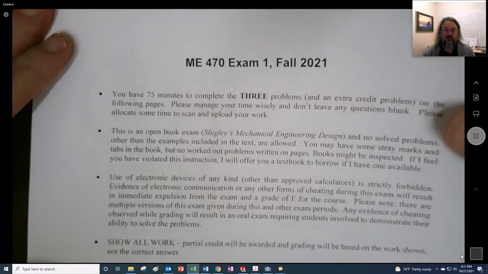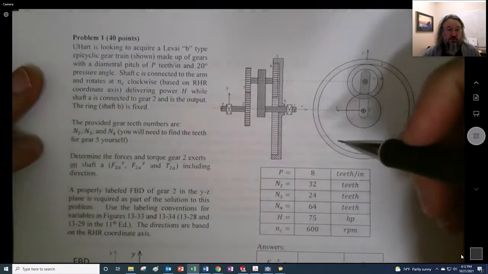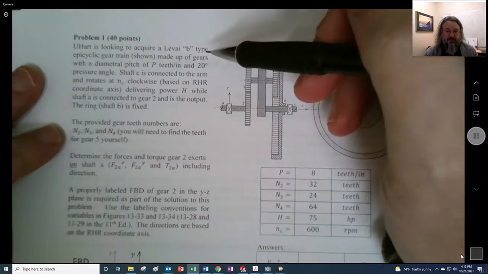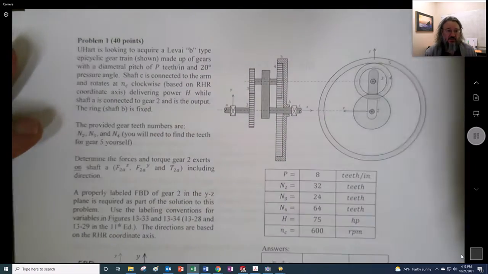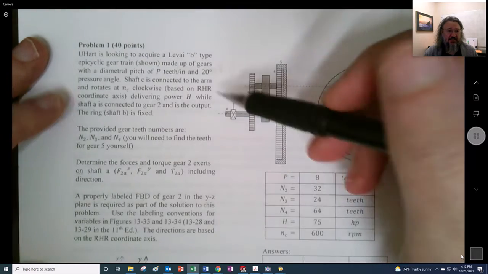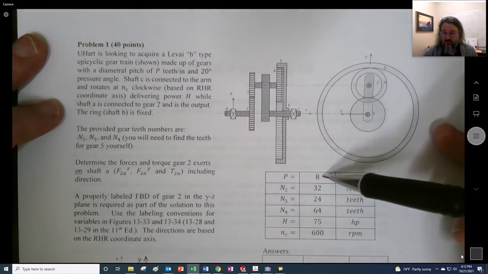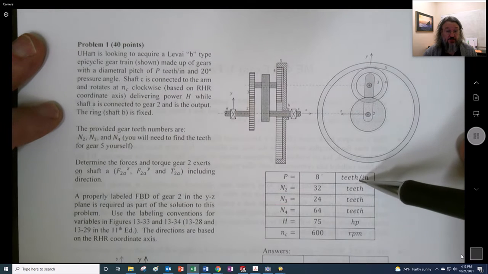So let's see. I made 3 problems this time, and there was an extra credit problem. So let's work our way through this. First, we have a Levi B-type epicyclic gear, a planetary gear, and we have a diametral pitch of 8 teeth per inch, and a 20-degree pressure angle, and shaft C